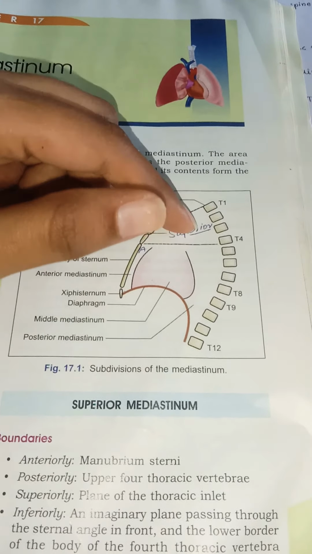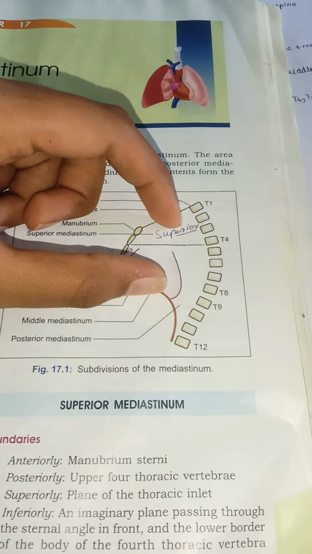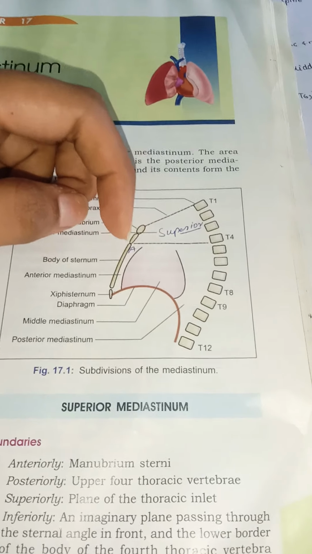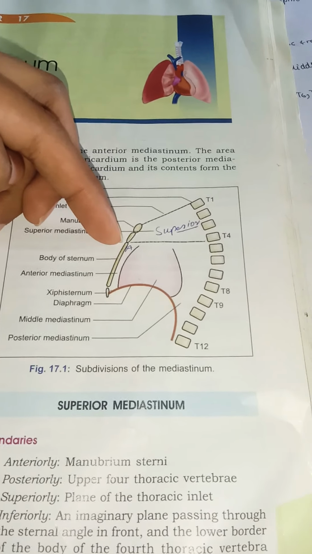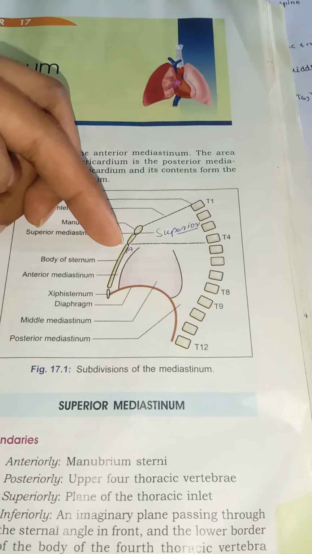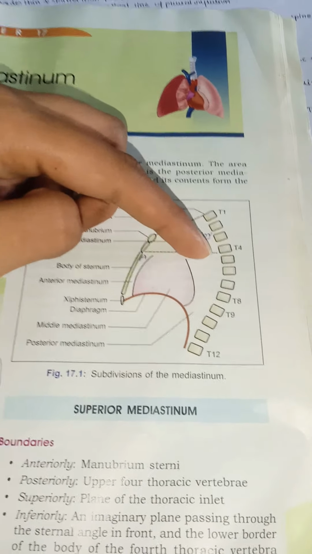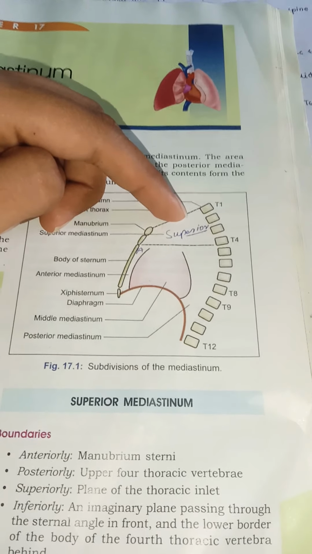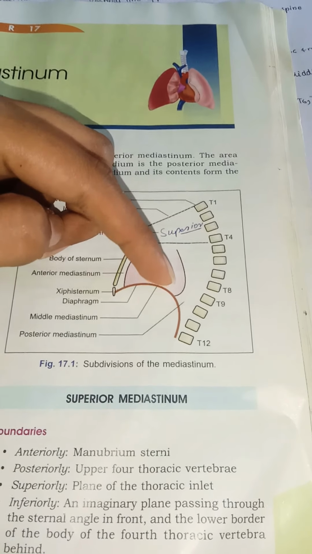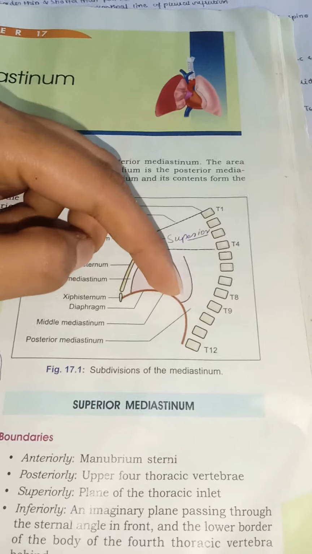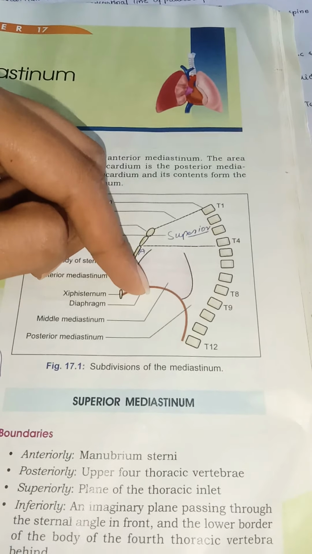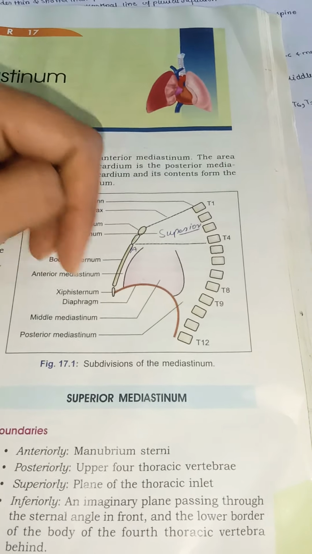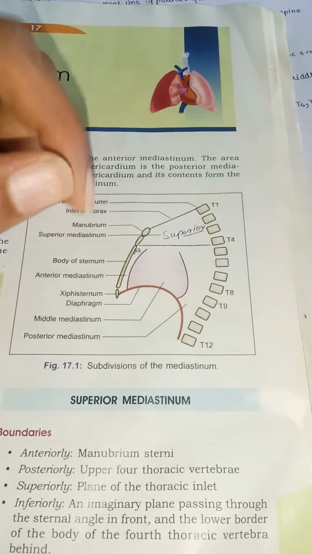The superior mediastinum and inferior mediastinum are separated by an imaginary plane, and that imaginary plane passes anteriorly from the manubriosternal joint, that is the sternal angle, to the lower border of the T4 vertebra posteriorly. So this imaginary line divides the superior mediastinum from the inferior mediastinum. Remember that the inferior mediastinum is subdivided mainly on the basis of the pericardium and the heart, especially the pericardium.